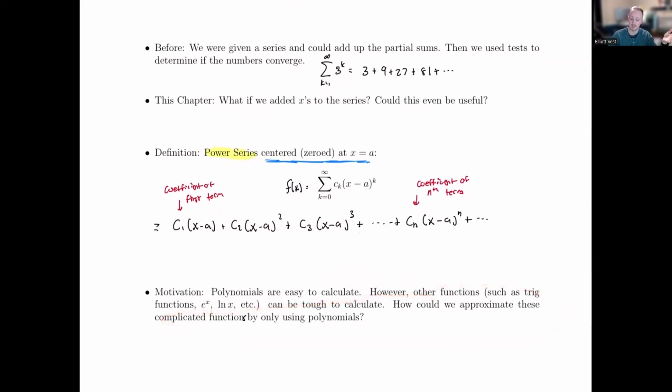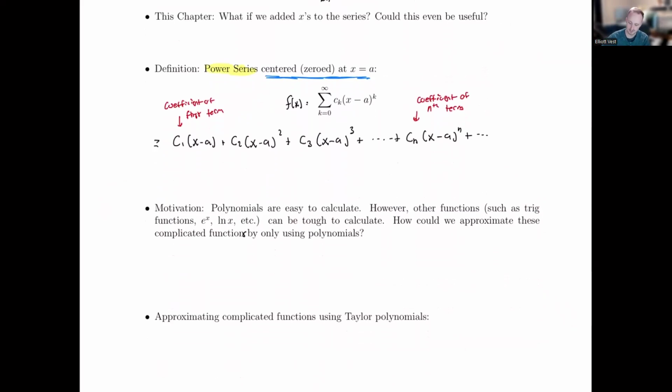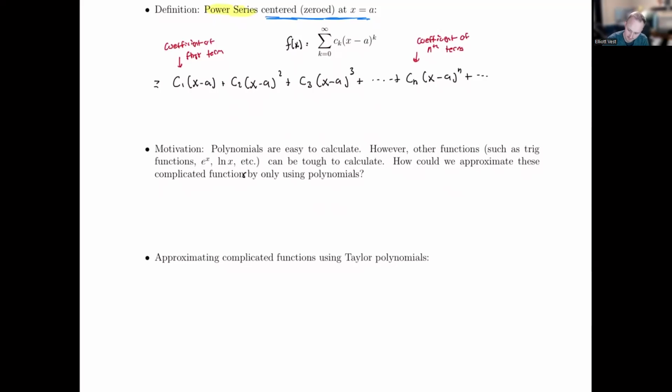approximate these functions with these power series, which is kind of wild. How is that even going to come into play here? That's where complicated functions can be approximated through something called a Taylor polynomial here. So let's create a definition with this. So, definition,